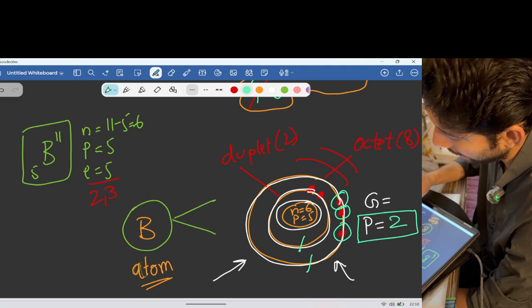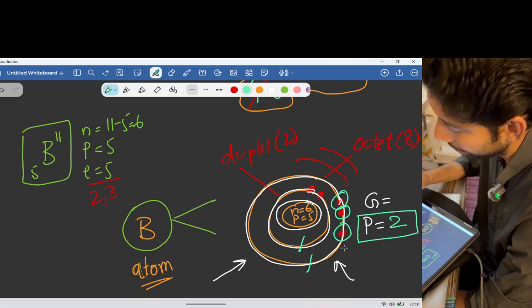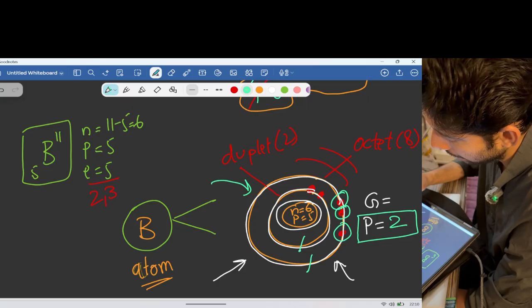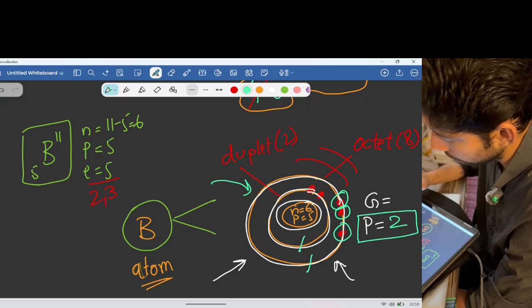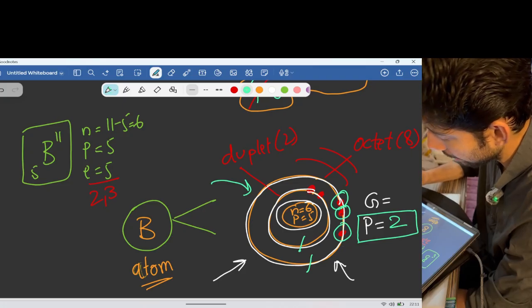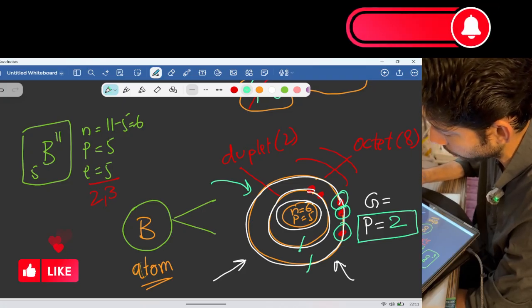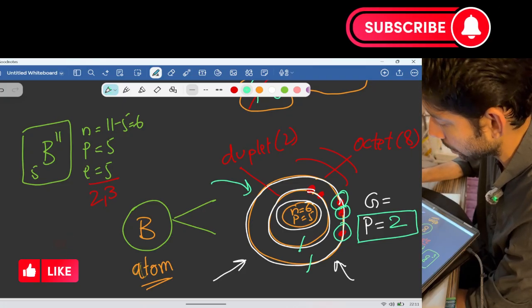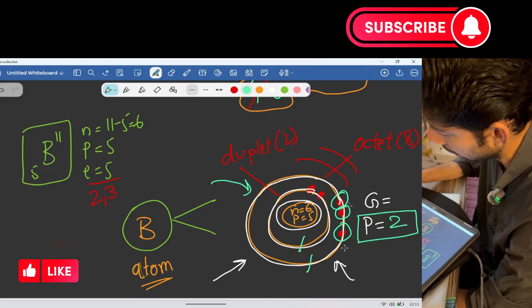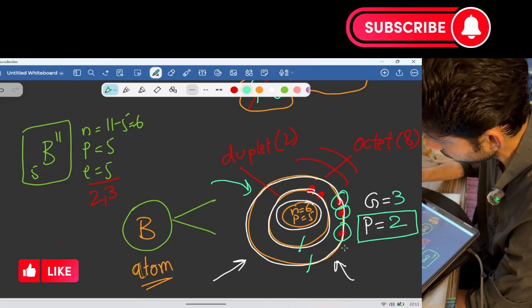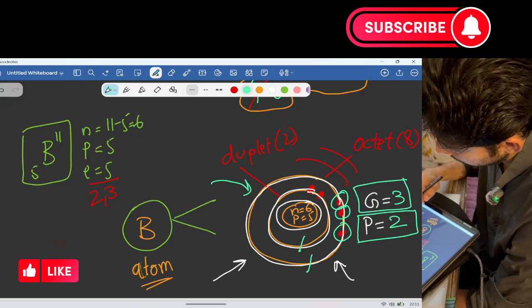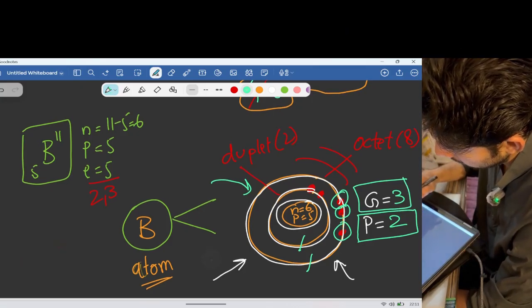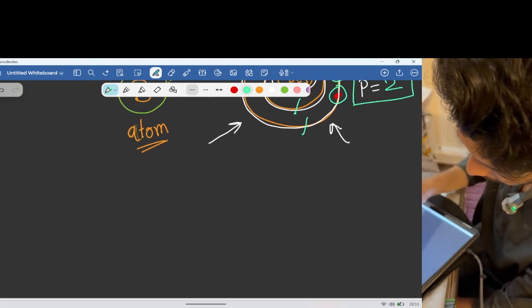So what do I mean by a valence electron? Anything which is in the last shell is called a valence electron. Basically the last shell is called your valence shell and the electrons inside it are called your valence electrons. So technically you've got 3 electrons, so this element belongs to group 3. So this is how things are happening. Now we will move a little further with the concept of valencies as well. So for group